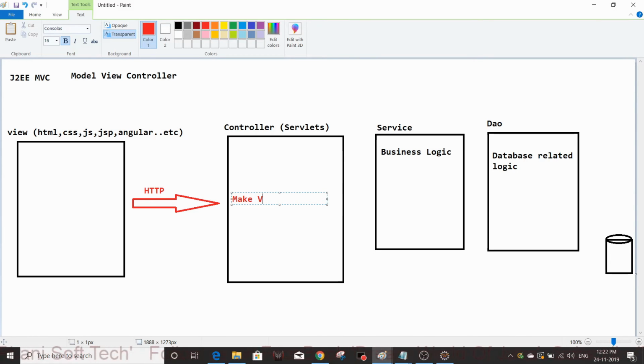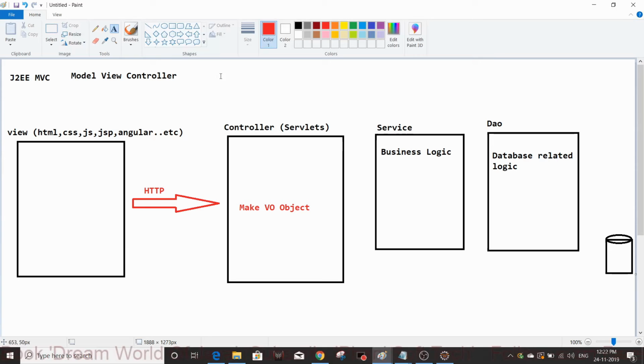Make a VO object. What is VO here? VO is nothing but a value object. It's like a normal bean. The object which is going to be sent from the control layer to the service is called VO. It depends on developers and project architects. Actually, VO is now deprecated; if you really require it, then you can use it. In some companies and architectures they use read only objects, RO objects, following their convenient naming conventions.